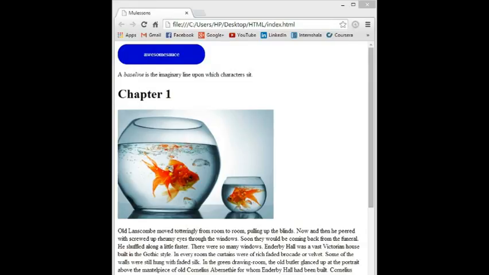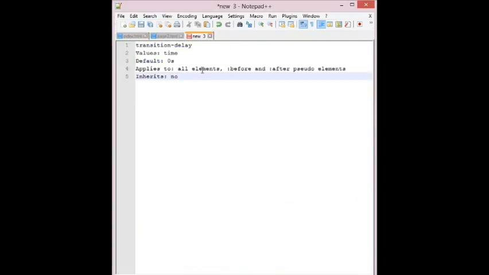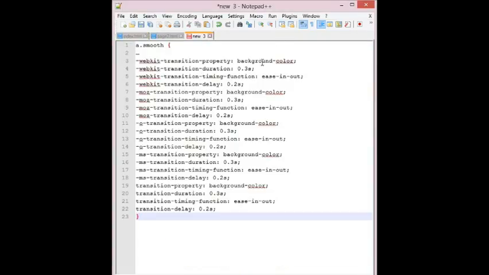This is how that blue to red link transition we have been working on would have been written out in the real world. It's extra work, but that's the way it is for the foreseeable future, until all the old browsers fade away and the specification is stable and implemented consistently.